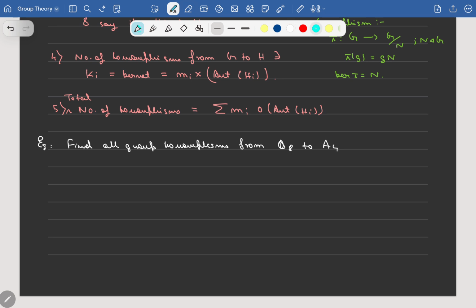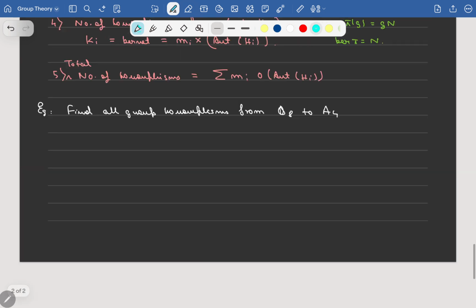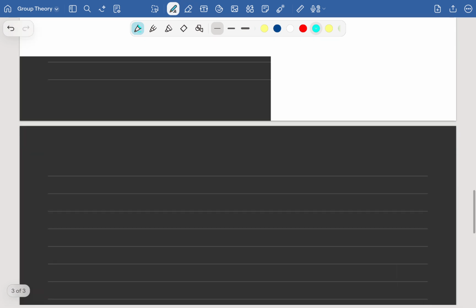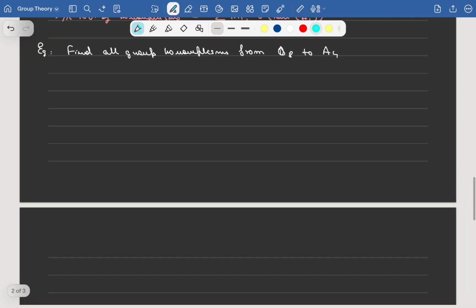Now before that, let me give you a brief notion of what Q8 is. It's a very interesting group. I missed discussing Q8 in the previous lecture, and this is a good time to do this. So this is called the quaternion group Q8, and it consists of the elements 1, minus 1, i, minus i, j, minus j, k and minus k